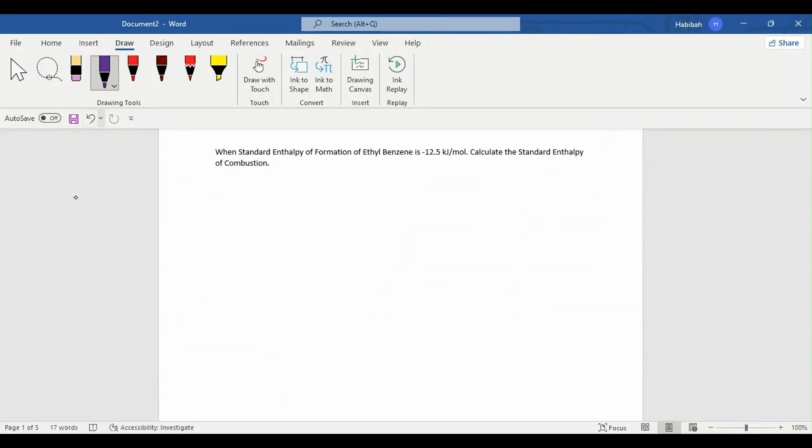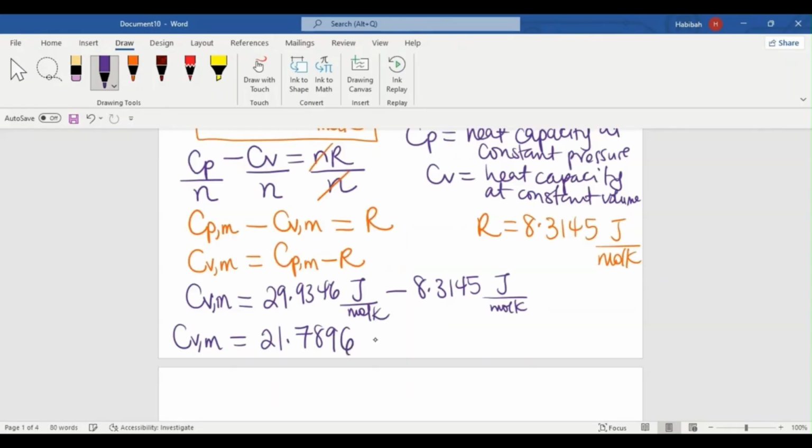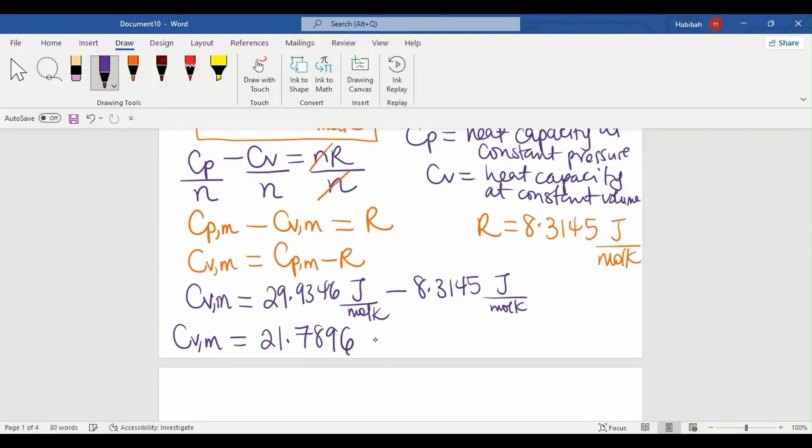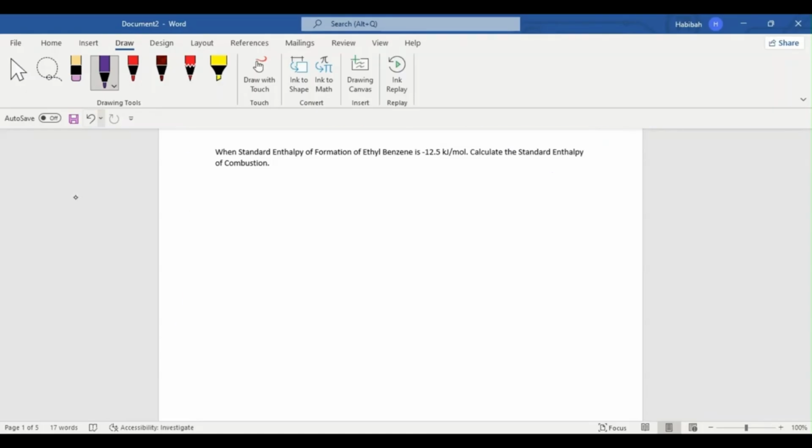Don't forget that the unit for heat is joules. So the gas constant for this particular question is 8.3145 joules per mole Kelvin. Since we're dealing with C_V,m, that is equal to 3 over 2 R. So we're just going to say 3 over 2 R, which we're going to input here as